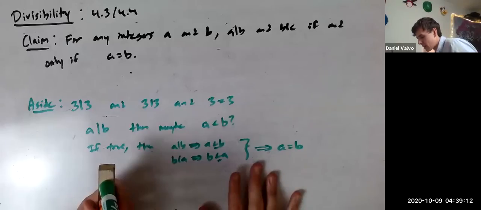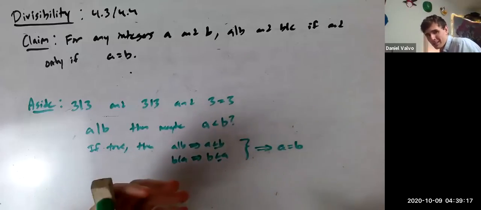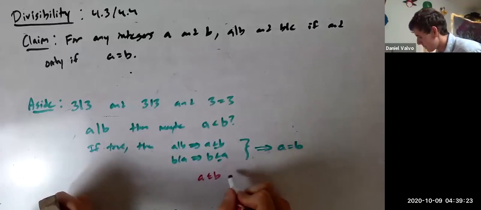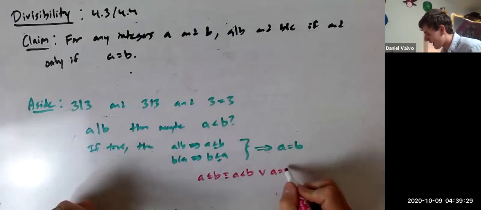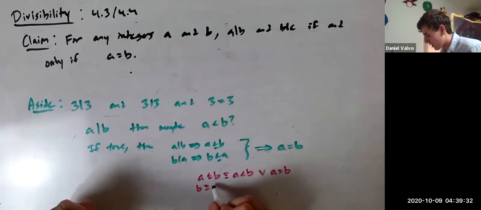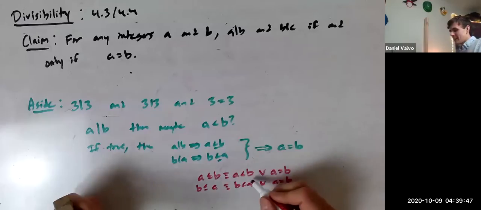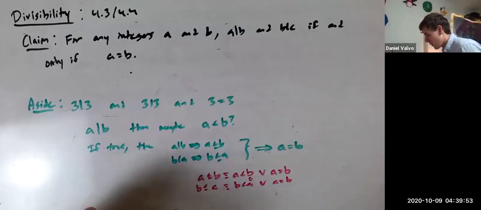this is seeming to make some sense, right? And by the way, it just makes sense that if A is less than or equal to B and B is less than or equal to A, the only possibility is that A equals B, but you can actually prove it. A less than or equal to B is equivalent to A is less than B or A equals B. And B less than or equal to A is equivalent to B less than A, or A equals B. And these two are kind of opposites of each other, so we can use an elimination argument to prove that A equals B has to be true. But anyway,